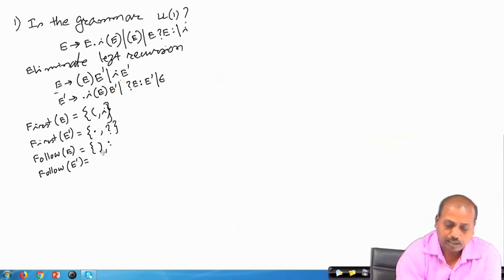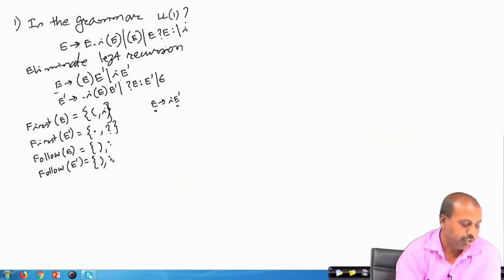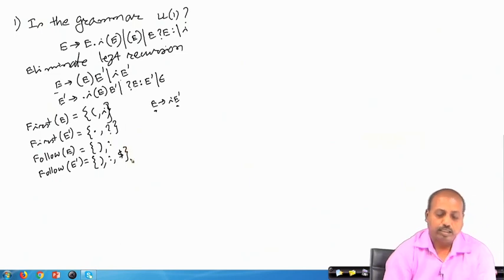By this rule, E producing I E dash, whatever is in follow of E is also in follow of E dash. So, follow of E already has this close parenthesis and colon. These two will be there, and E being the start symbol of the grammar, dollar will be there in the set.